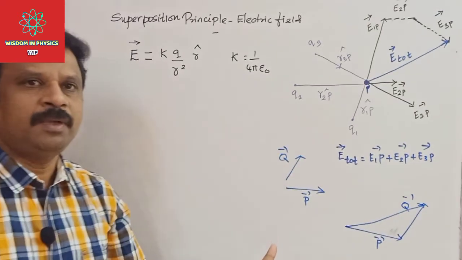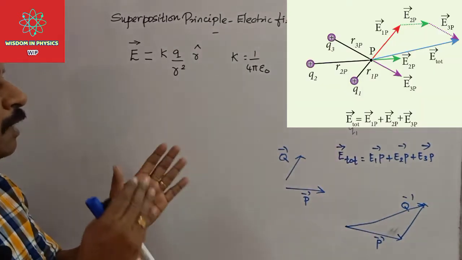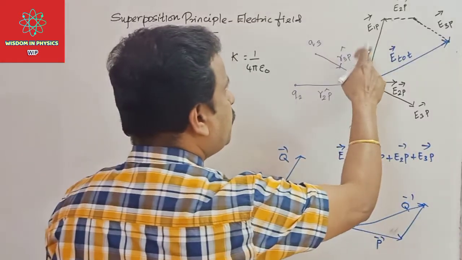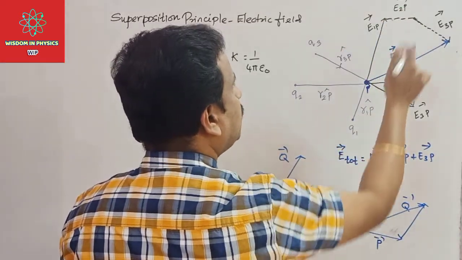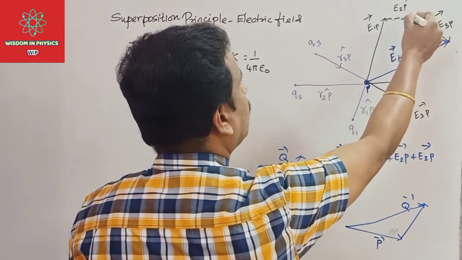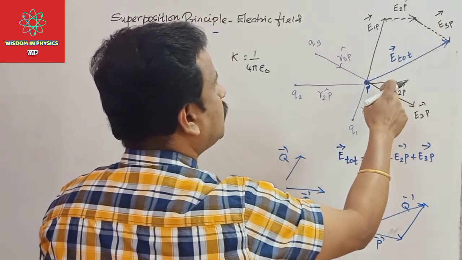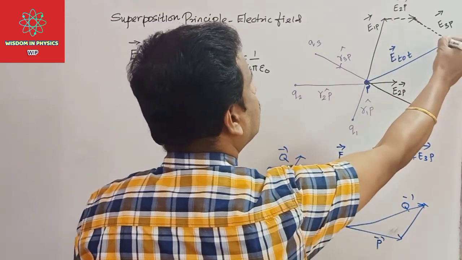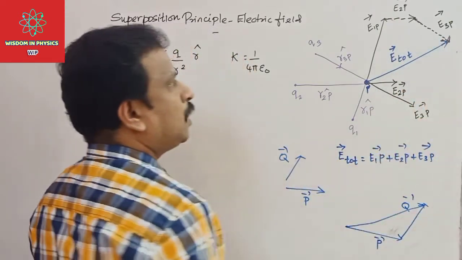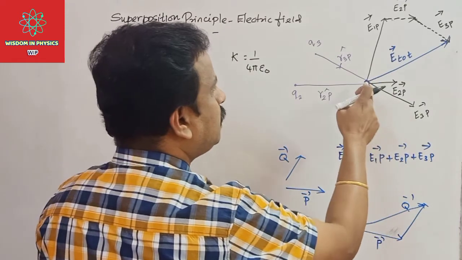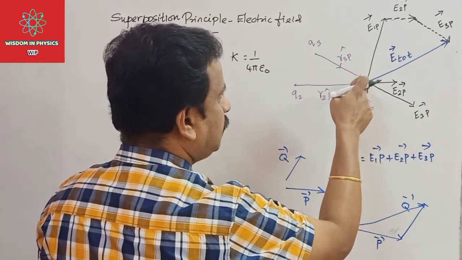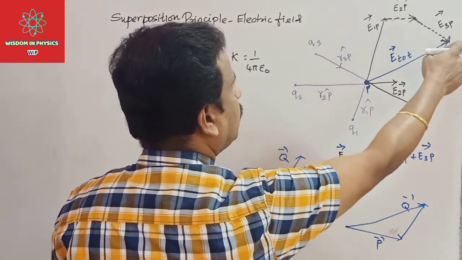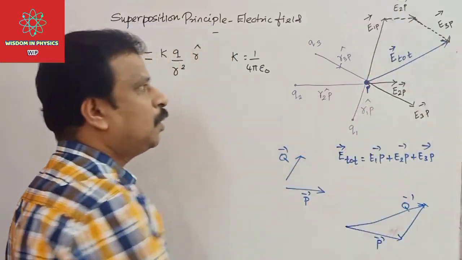That's it. It's a very, very simple thing. So we have three vectors. One is E1P original. We start from the head, you draw the parallel line and you put an arrow mark. So this is equal length, and you draw the parallel line for E3P, and that is also represented by an arrow mark with equal length, and join the point which is at the tail with the head of all the three vectors joined together. You will get the total electric field.